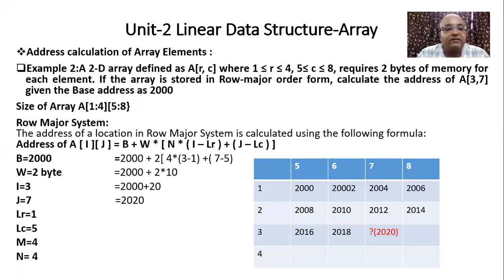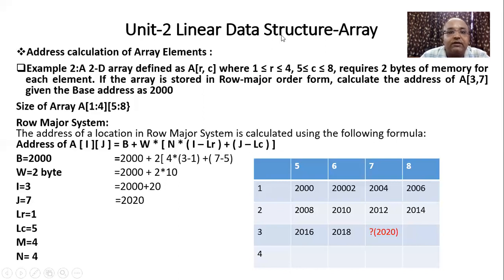Now the question is about the numbers of row and numbers of column. So M stands for what? Numbers of row, and N stands for what? Numbers of column. Now please look carefully over here. Here M indicates what? Numbers of row. So now numbers of rows are ranging from 1 to 4.